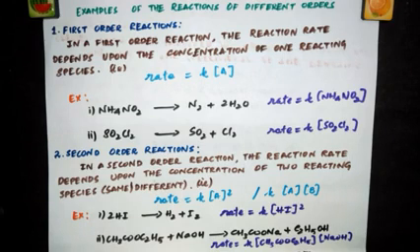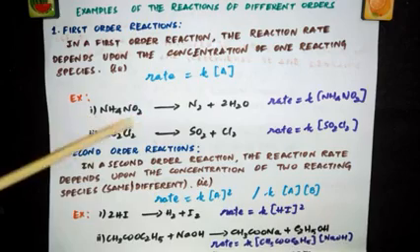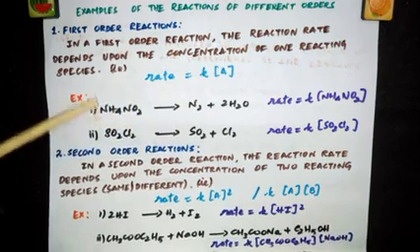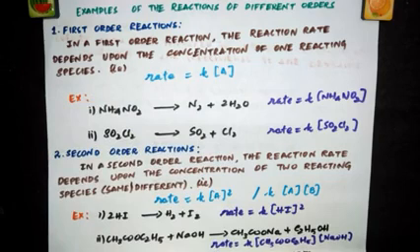So far in all the examples, this power is the same both for the rate law and also for the law of mass action. That's why I told you abc may or may not be equal to pqr. So in all these examples that we have seen, abc is equal to pqr only. So in both the cases you are getting the same order. When you write the reaction rate in terms of law of mass action, you can directly use the reacting species and use this coefficient in the rate equation.